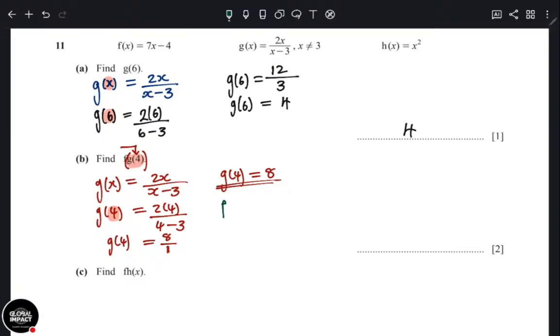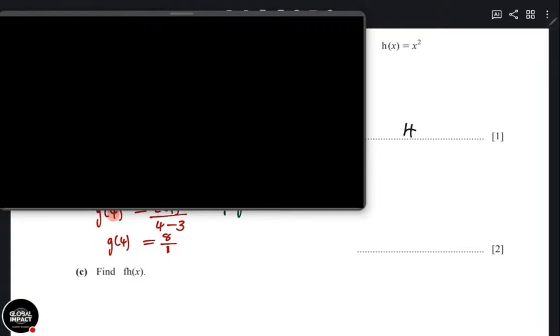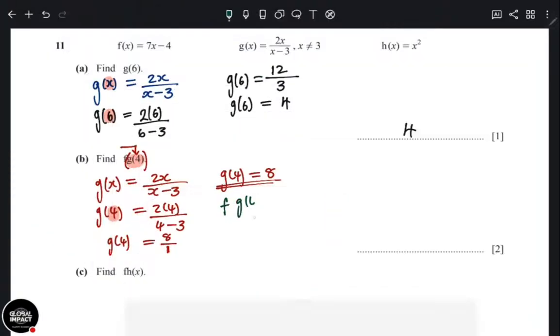So now we can say f of G of 4, the one which they gave us, is the same as f of G of 4, okay? We are putting G of 4 inside F. What is G of 4? The one we are putting here. It's an 8. So we are finding F of 8.